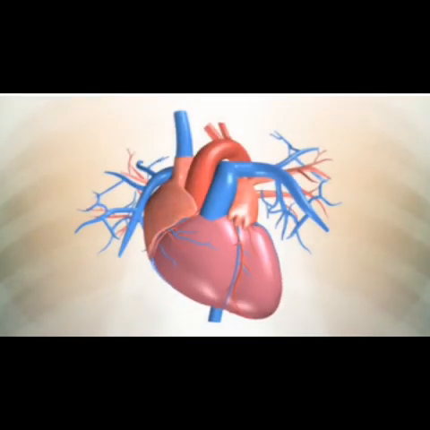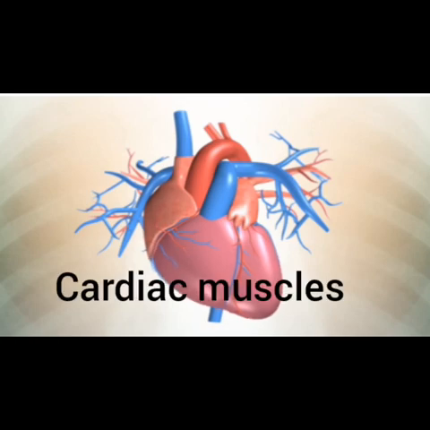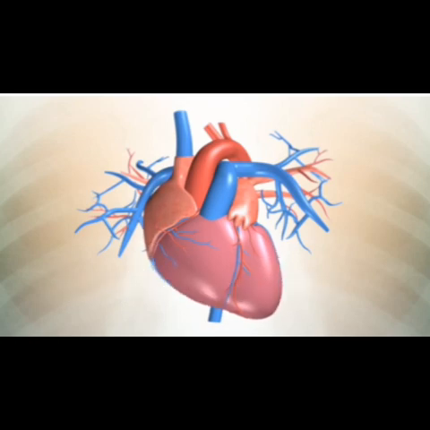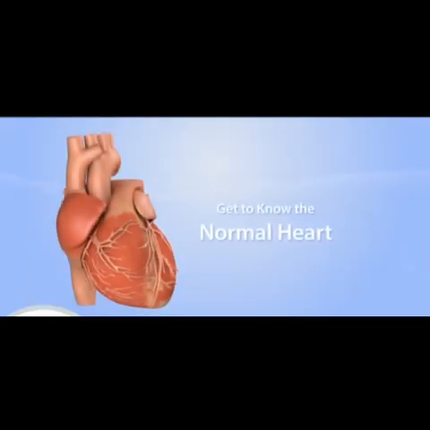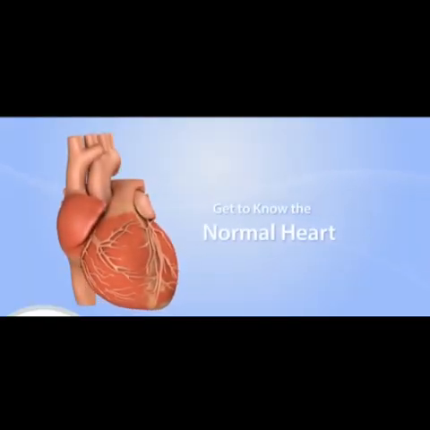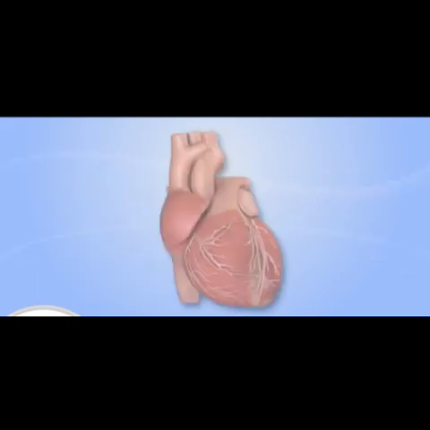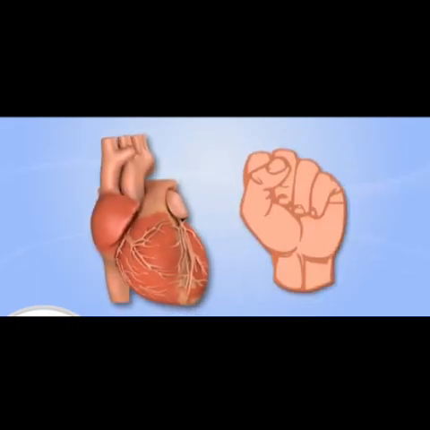What is the heart made of? Heart is a muscular organ. It is made of muscles called cardiac muscles. The word cardiac means related to heart. What is the doctor who treats the problems of heart called? What is the size of our heart? Our heart is approximately the size of our fist.